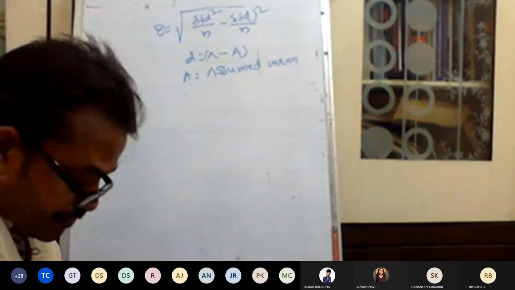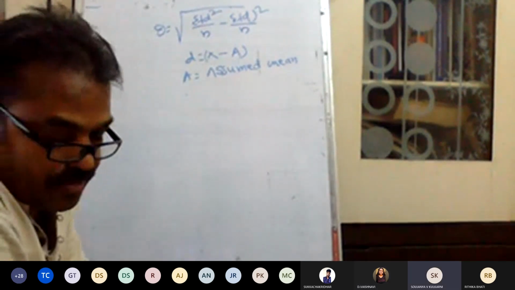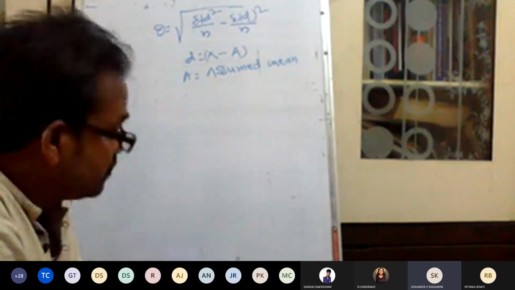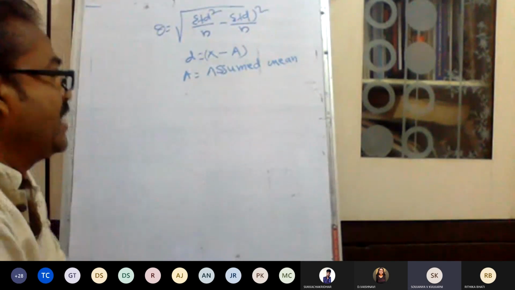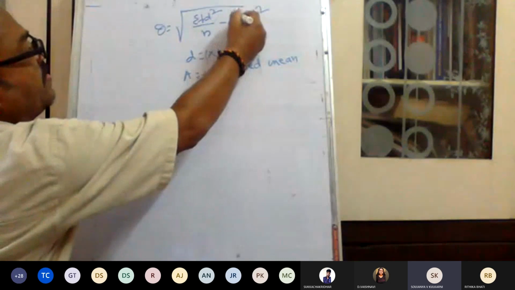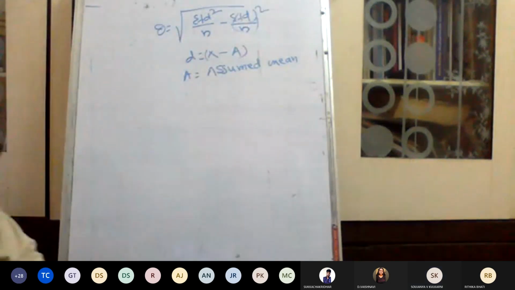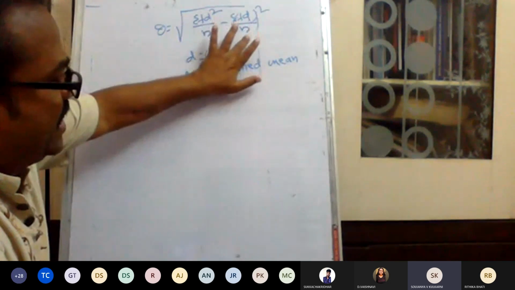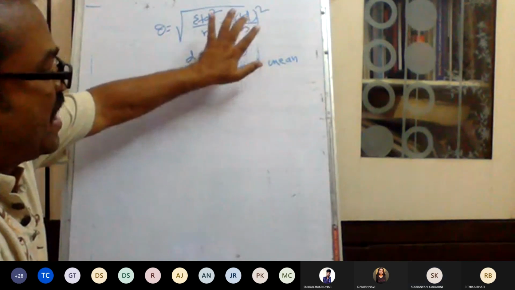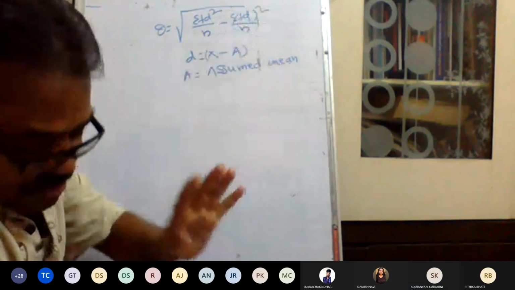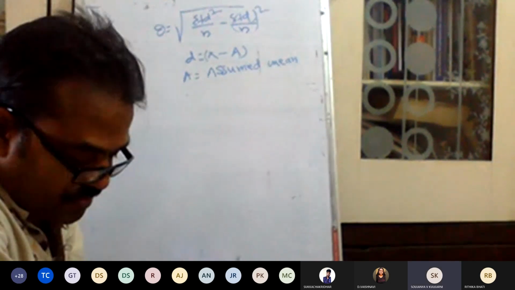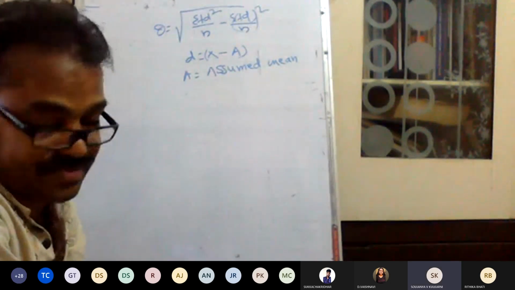Is it clear? Okay. Sir, here is the whole square for only fd, or fd by n whole square? Generally, we write the formula like that, and it will become both. First you simplify fd divided by n, and after that, whatever value comes, you square it. Previous one is also the same, no, sir? Yes.